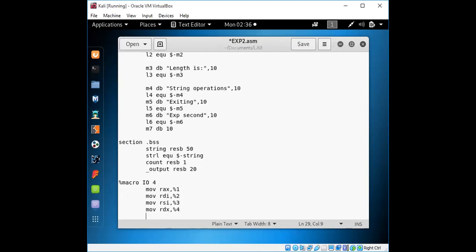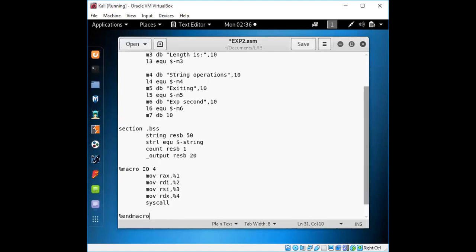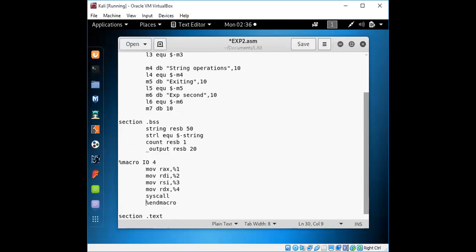So the third, %3, is for the actual message, and the length of it will be given as %4. Right, so this is the macro. So this will be the initial part that we'll be having.